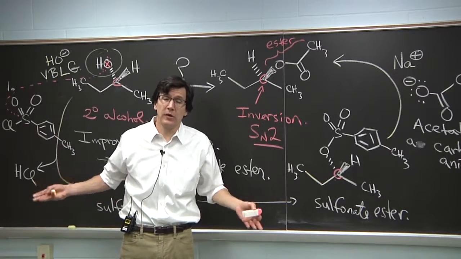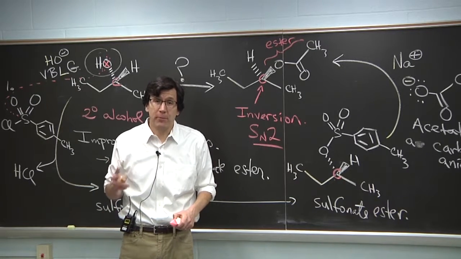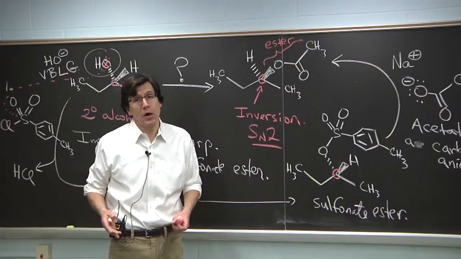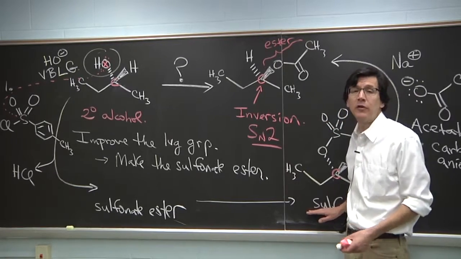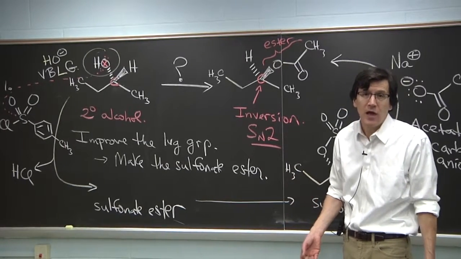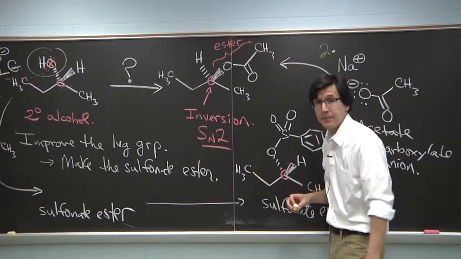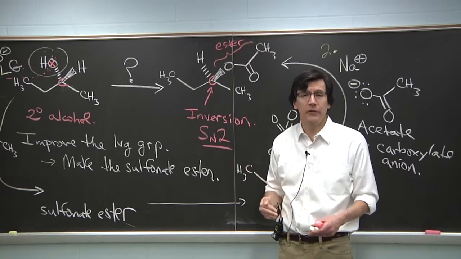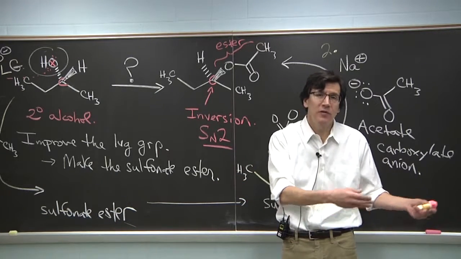The other important thing, since you really haven't done any organic chemical synthesis problems before, I don't think, this is a two-step process. So imagine you're going to do this process in the lab. Lab period number 1, you make the sulfonate ester. You purify the sulfonate ester, maybe by recrystallization or whatever. You have the sulfonate ester, you put it in a vial, you put it in the drawer of your bench, and then you go home and you come back to the next lab period and you do the SN2 reaction. So in chemical synthesis, we'll often number steps to show that these are discrete operations. First you do this step, then you do the next step. You could certainly have a longer sequence where then you do step 3 and step 4 and step 5,